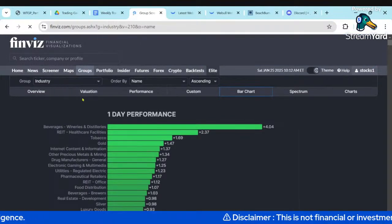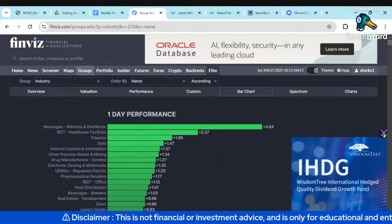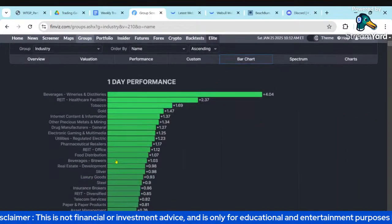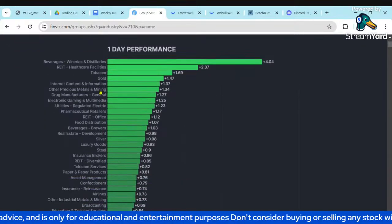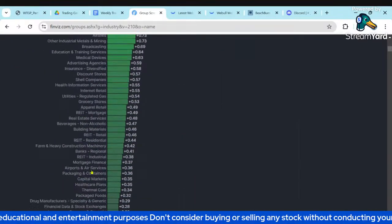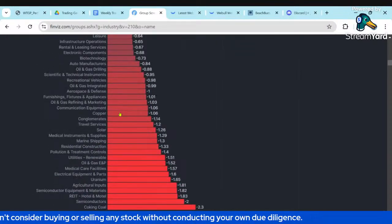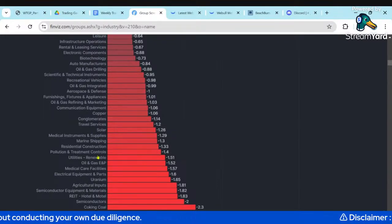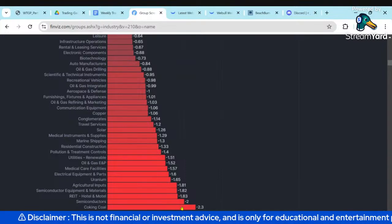Look at industries. So beverages, okay, rebound in the beverage sector. We see some REITs. So again, bond yields retraced a little bit, got a rebound in gold and silver, steel. Again, many of the REITs rebounded on Friday. Most negative, copper, correct, some solar still negative. Again, very sensitive to interest rates. Again, oil, uranium corrected down somewhat. Again, semiconductors corrected down. Also, coke and coal we've been talking about, and we'll see that had a bounce and